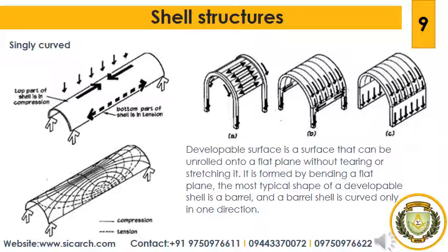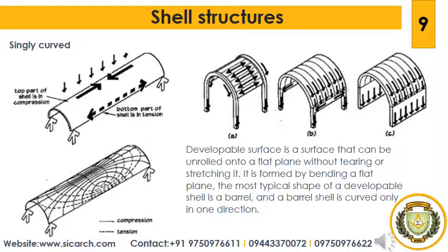Arch action and beam action together make a barrel. There are mainly two types of barrels: long barrels and short barrels. In long barrels the arch action is prominent, and in short barrels the beam action is the prominent structural behavior. These shells are typically supported at the corners and can behave in one or a combination of the following ways. Long barrel shells are typically supported at the corners and behave structurally as a large beam.